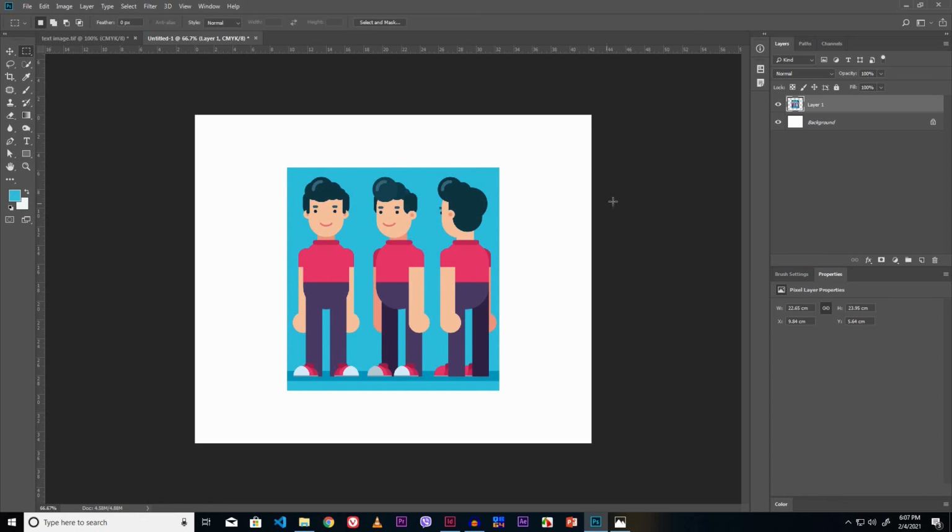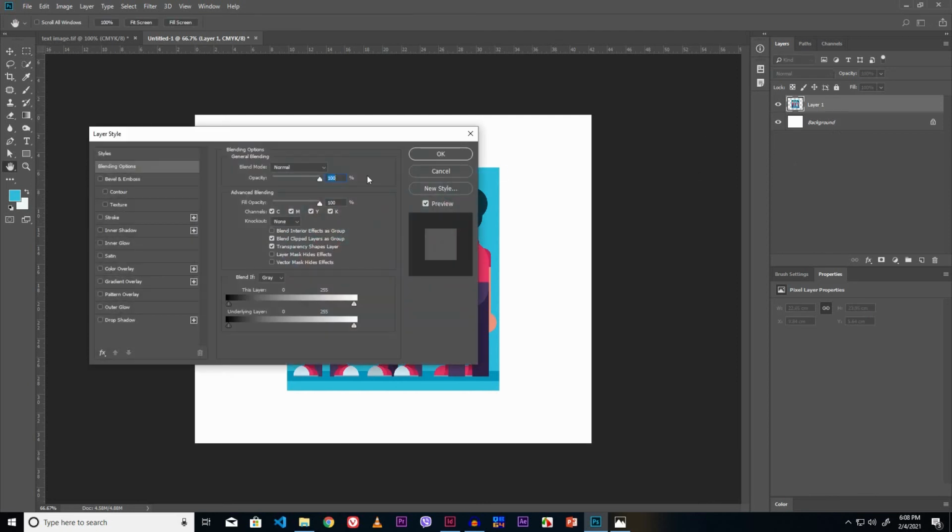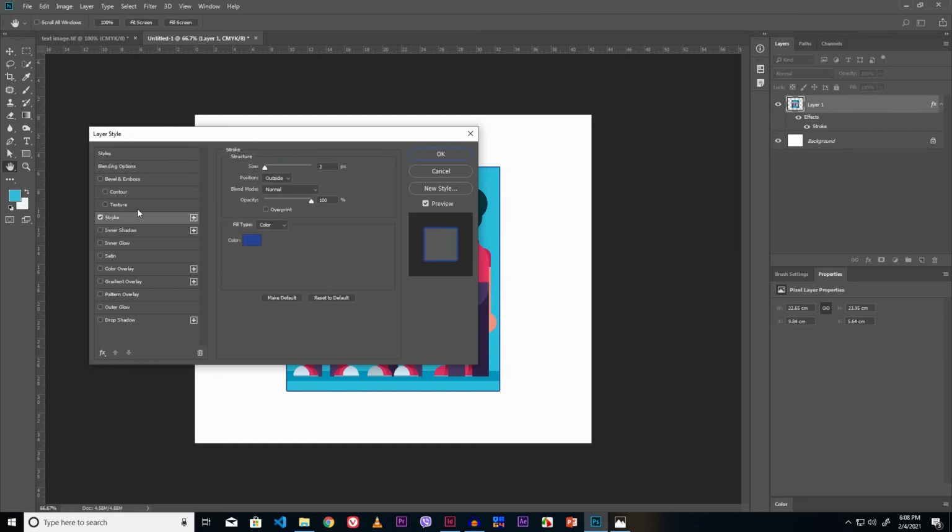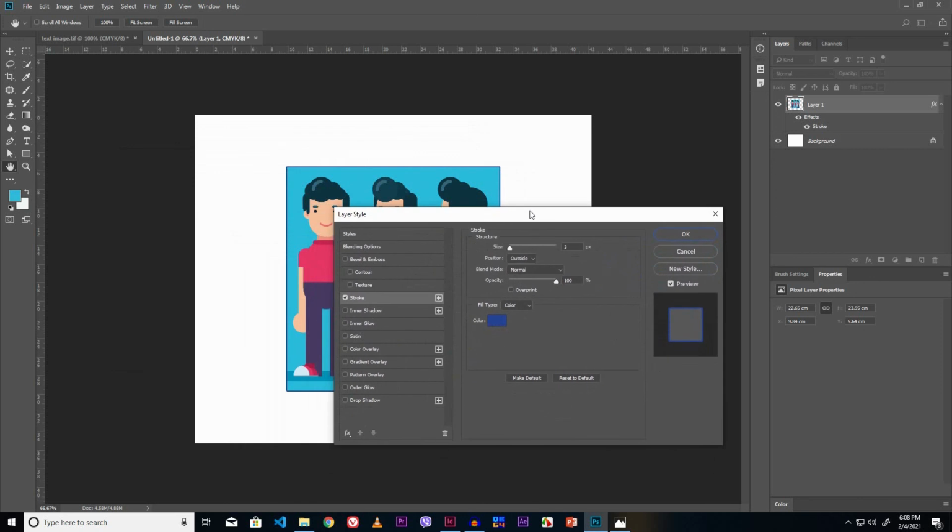Now look here, this image is creating a new layer. We have to apply the stroke on this new layer. Just double click on it. Let's look here. The Layer Style panel appears. Click the Stroke option from here. Now just double click to activate the stroke parameters. From here you can set the parameters for this stroke.